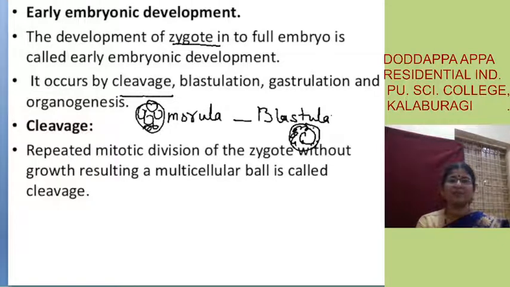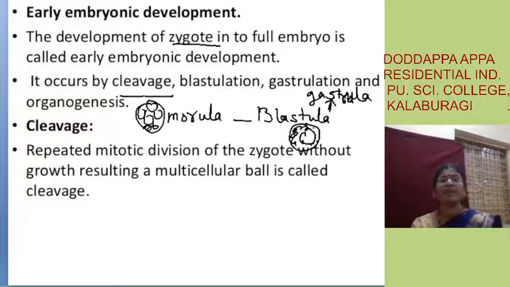And this blastula will form the gastrula. Gastrula, it is R and it is U. Fine. And the process is called gastrulation. What is special about the gastrula? Here the germ layers are formed, and the blastomeres, that is the cells of the blastula, are called blastomeres, and they will move according to their fate and occupy their specific space.